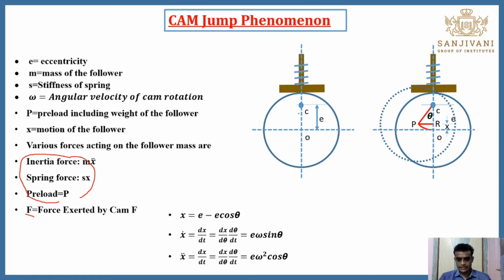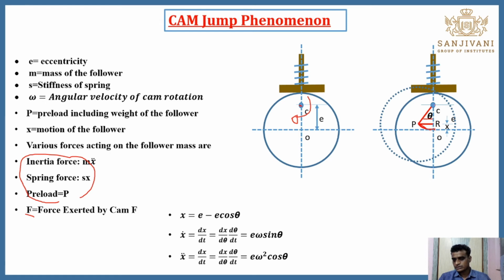Now this is the eccentric cam, this is the center, and this is the circle. The cam is circular in shape and rotates about this point C, having an eccentricity of E. Now if we allow the cam to rotate in the clockwise direction, it gives motion to the follower in the upward direction, that means it translates the follower upward. Now the cam rotates through an angle of theta. This was the initial position, and now it moves to this position.